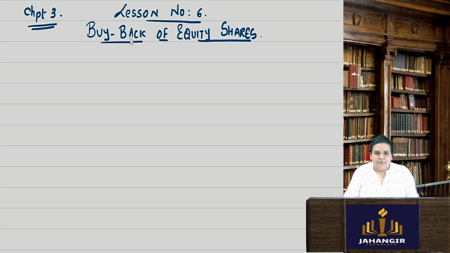Now today, since we have already done with issue of equity shares, we have already been through how the issue takes place: application, allotment, first call, final call, then share forfeiture, reissue. We have already done equity shares. Now generally whenever the equity shares are issued, equity shareholders are known as the owners. They are there with the company until the liquidation.